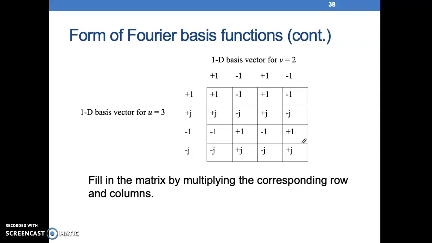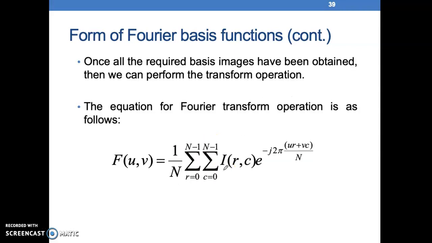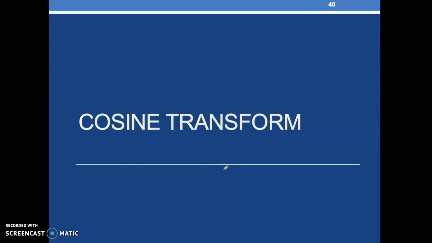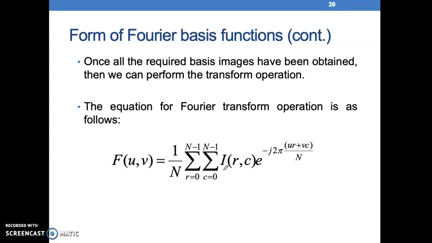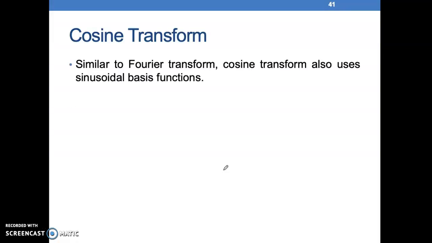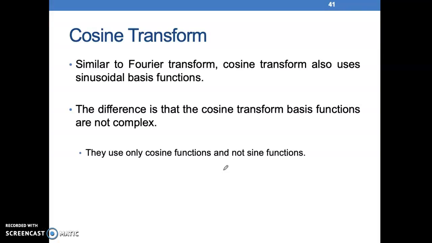So the advantage of WHT is that it is easier. But the advantage of cosine is that the image will be better. Okay, and the last one, this is not, this is Fourier. So the last one is the cosine. Cosine also uses sinusoidal basis function, and they use only cosine function and not sine function. So this is the